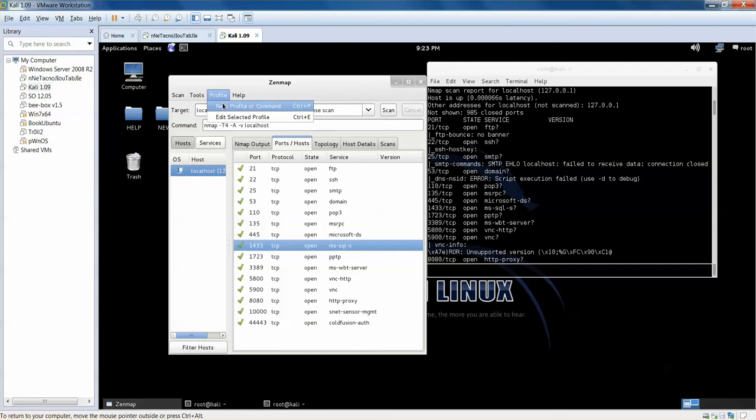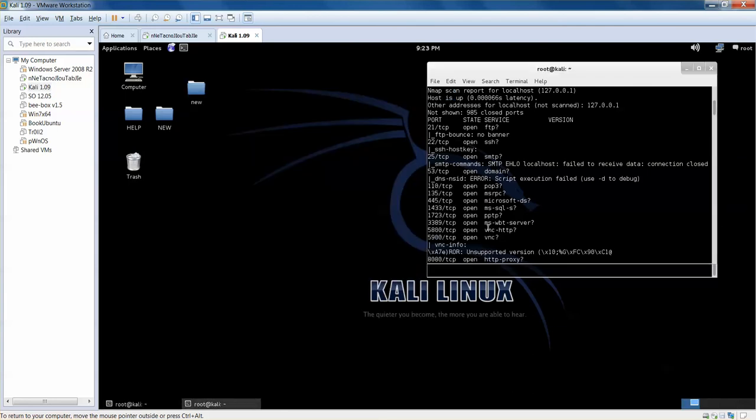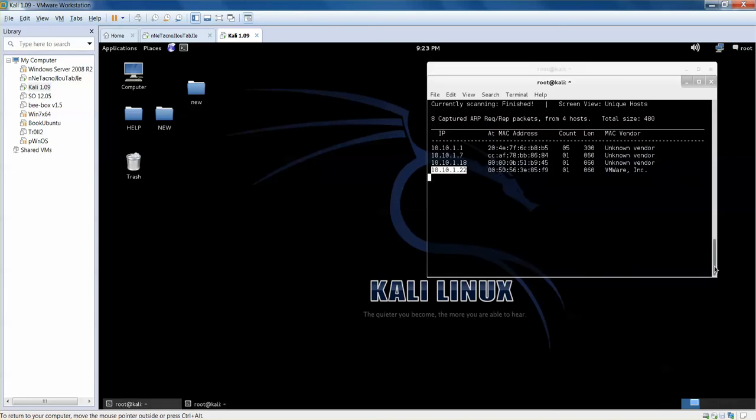You can have profiles, create a new one. The beautiful thing is also that you can compare results, and you can search some of the scan results. You can filter hosts, so it gives you a little more functionality than the command line. So each has pros and cons. Okay. So this being said, what we'll do is close this out. Okay. And we're going to come here, and you notice that